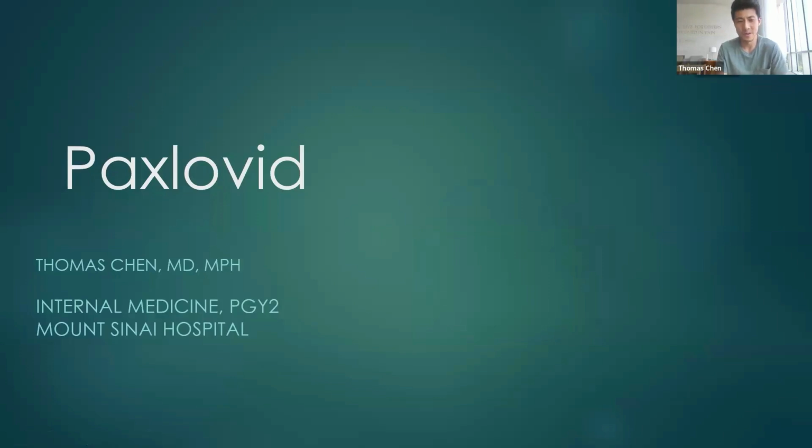My name is Thomas. I'm currently a second-year resident at Mount Sinai Hospital, specializing in internal medicine. We do see patients in the outpatient clinic, and I've seen a lot of COVID patients and have prescribed Paxlovid to a lot of patients myself. So really happy to continue the efforts both on Paxlovid, but also vaccination efforts,